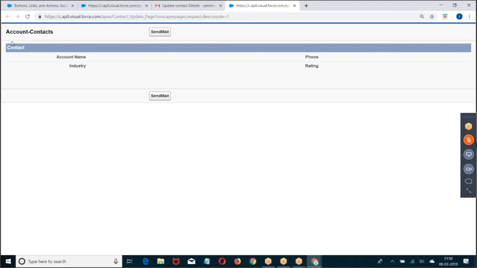People have followed. So what is the concept of extension? If you want to use a standard controller and a custom controller together, it is not possible. Then what do we do? Define the standard controller and whatever custom logic you want to write, define that custom logic as an extension. If you want to define any Apex class as an extension, it is a must that the Apex class should have a constructor with ApexPages.StandardController as a parameter.